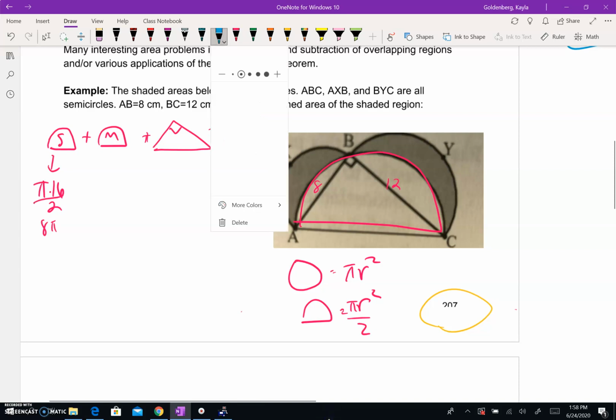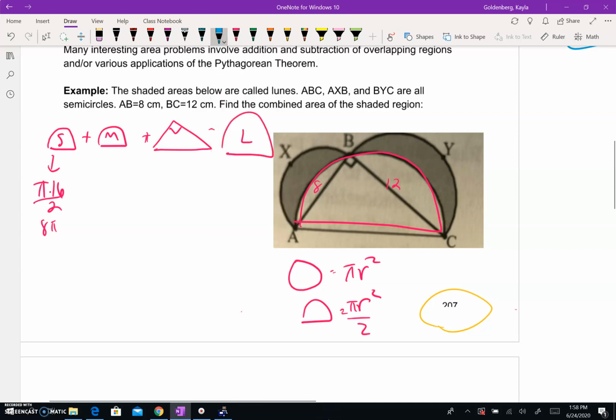And then your medium circle is going to be the same thing. Your radius of that is going to be 6, so it's going to be pi times radius of 6 squared, which is 36 pi, divided by 2, and that's going to be 18 pi. And then your triangle,